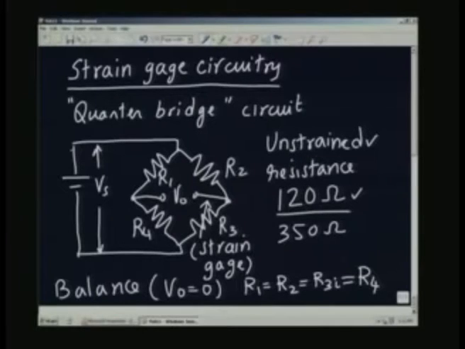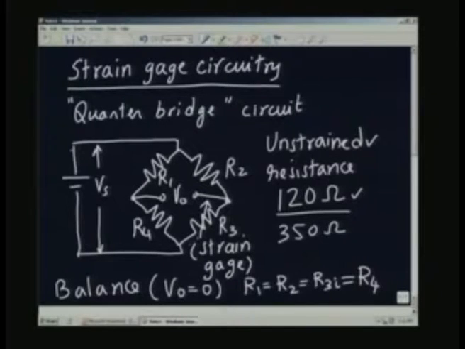Actually, we already know that the ratio R1 to R4 equal to R2 to R3, that is R1 by R4 equal to R2 by R3, is actually the condition for balance. And if all the resistors are equal, the balance is of course going to be satisfied. We also saw in the last lecture that when the resistance of the strain gauge changes here, what will happen is that the voltage across this VO, which is the output voltage, is going to become either positive or negative depending on the direction in which the resistance is going to change.